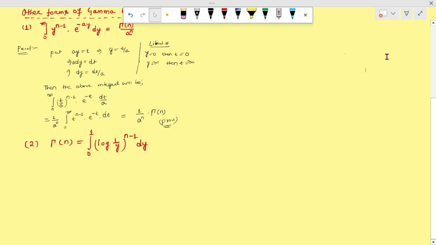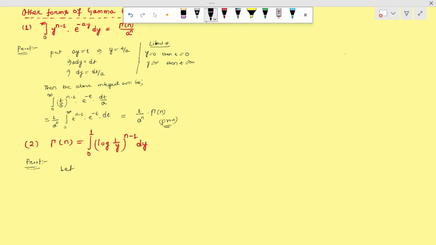This is another form of the gamma function, that is, gamma n equals the integral from 0 to 1 of (log 1 by y) to the power n minus 1 dy. That also we are going to prove here. To prove this one, let us consider